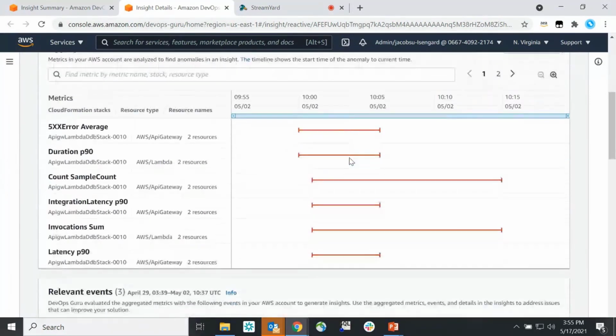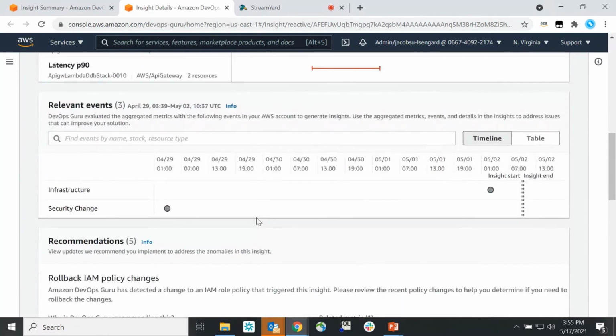Ideally, from the aggregate metric view, you'll be able to get a snapshot or a relatively quick picture of what resources and types of errors we're seeing across that application. If I scroll a little further down, what you'll see is the relevant event section. Now, what's important here is that this timeline is different than the timeline above. This dotted line right here shows the start and end time of the anomalies above, because what we're trying to do is pick out events that may be related or even causal for the types of anomalies